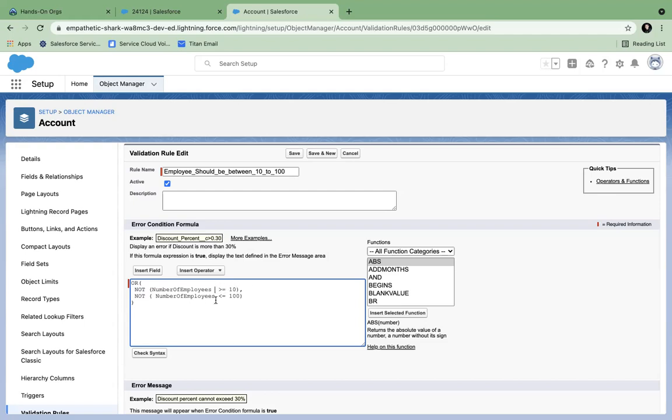Or you can write it here: not less than or equal to 100. So I am reversing this now. I am saying number of employees is not greater than or equal to 10. Number of employees is not less than or equal to 100. I want to block these, right?